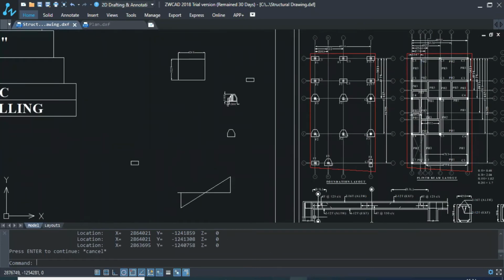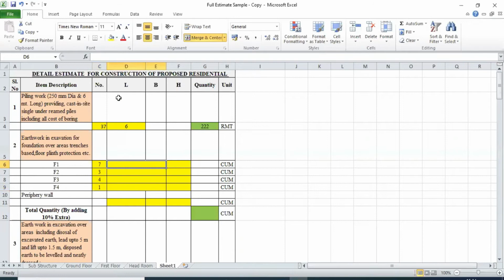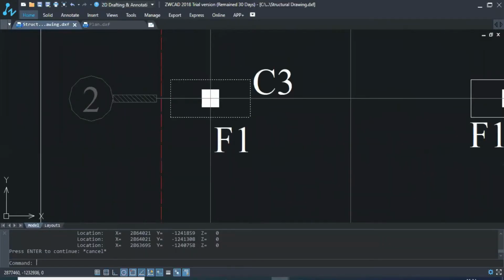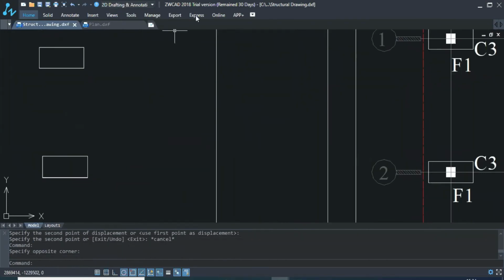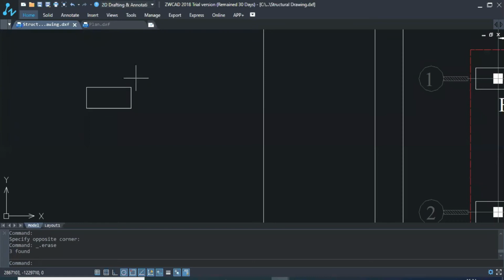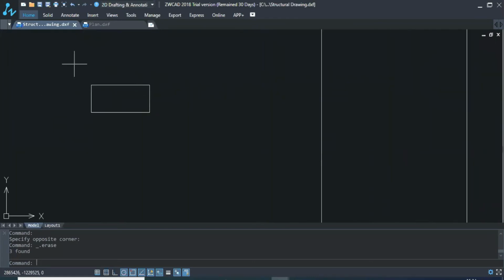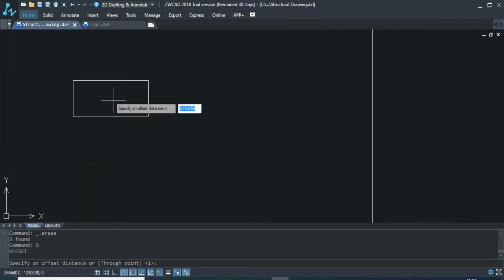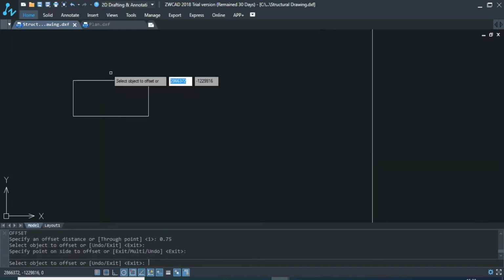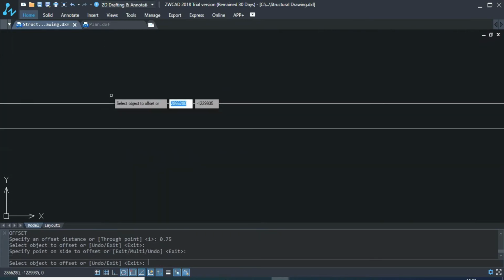Here we will write. So for length and breadth, we want this portion. We can simply select this and we will copy. So after copying, outside, we will just offset it by 75, enter, and 0.75 at the outer part.